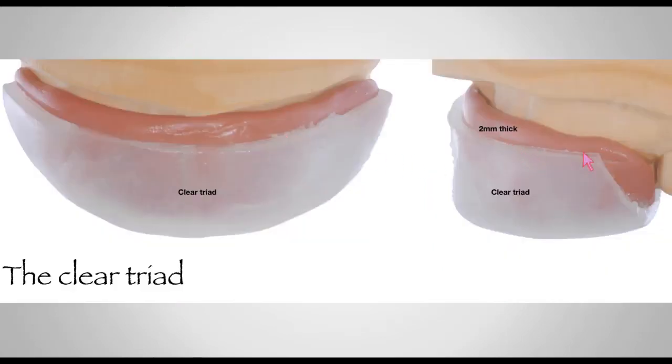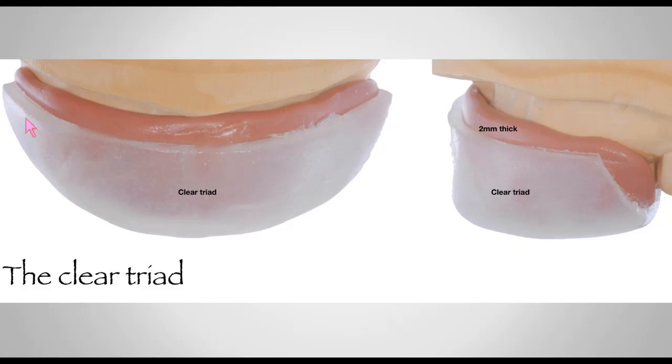Once your spacer is complete, the next step is to create the clear triad tray. This is using clear triad from Dentsply. What I do is I section a piece of the triad, and again, I want to treat it very nicely, very gently. I use some of the glycerin on my fingers, and I just smooth it all around the